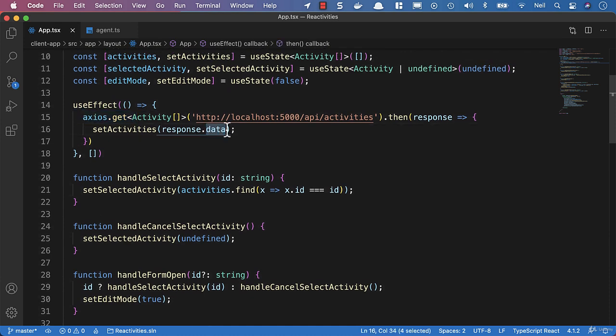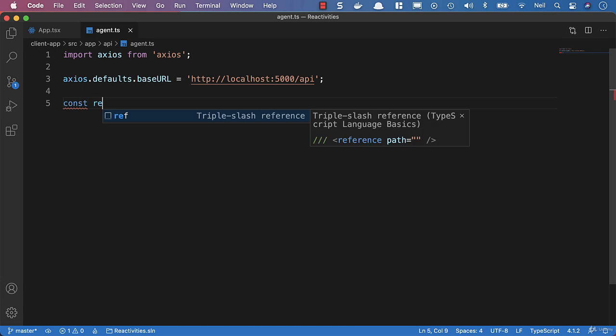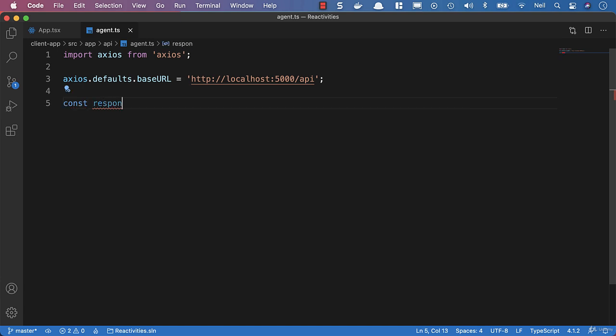And if we take a look at our app.tsx, what we note is that the data we get back from the API, the stuff that we're actually interested in, is inside this data object. So we can make life for ourselves slightly easier by creating a const called responseBody, and we'll pass in the response we get back from Axios, which is a type of AxiosResponse, and then we'll just get the